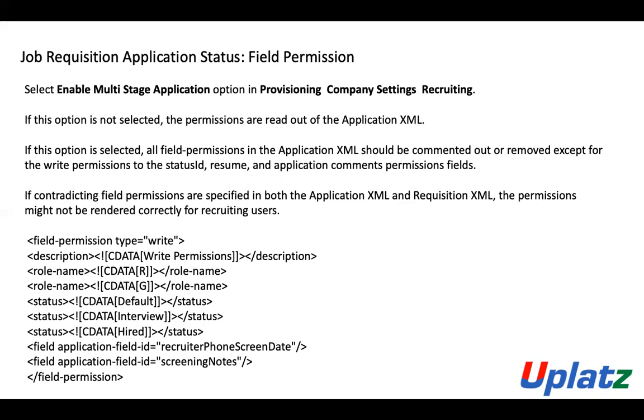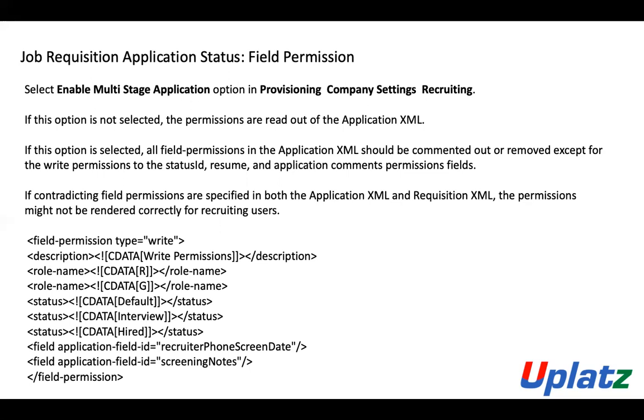If there is a contradicting field permission, say I enable something in the application XML and I also enable it in the job requisition XML as well, the field permission will not be able to reflect the same way, because it's going to be overlapping with each other. So I'm just going to mention a field permission on the right here, and that is going to be a read, so both the accesses will be overriding the system, and the system will definitely be led into confusion where the permission will not be rendered correctly for the recruiting